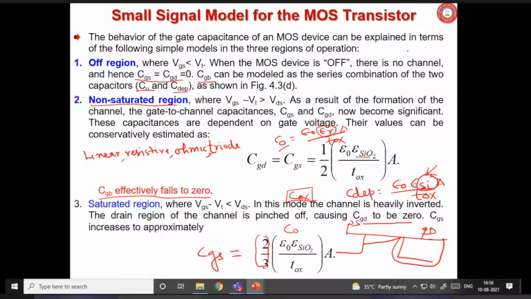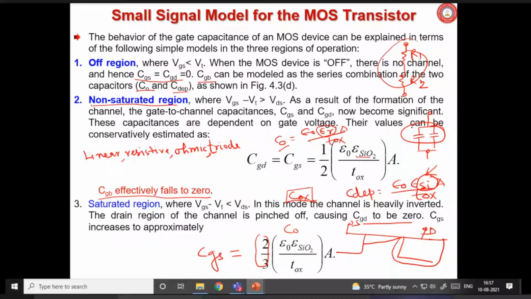When you connect capacitance in series, unlike resistance, in resistance, what happens? Resistance value, if you connect in series, then its value will be increased. Effective resistance will be added. But in case of capacitance, it will be increased if you connect two capacitors in parallel. The same formula will exist, just reversed for capacitance and resistance.